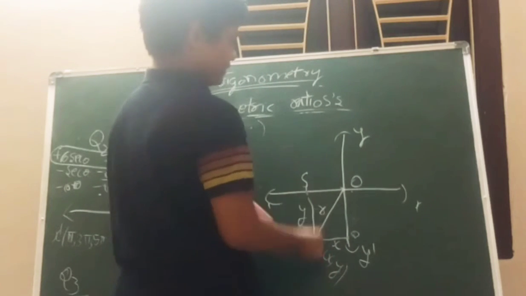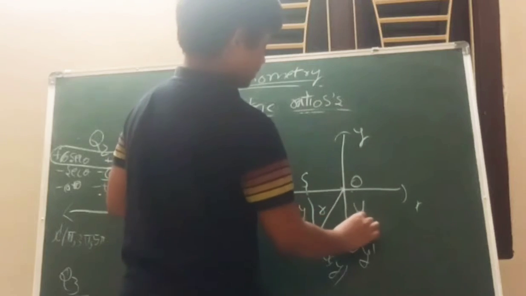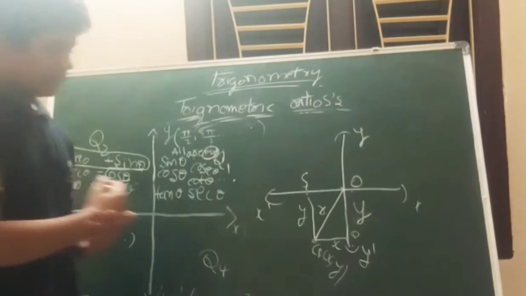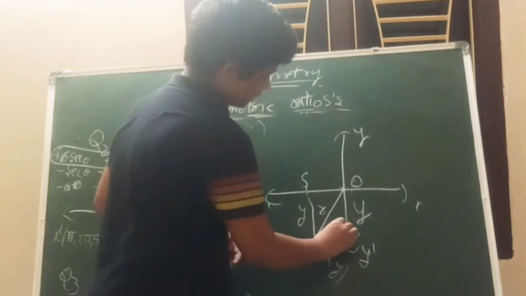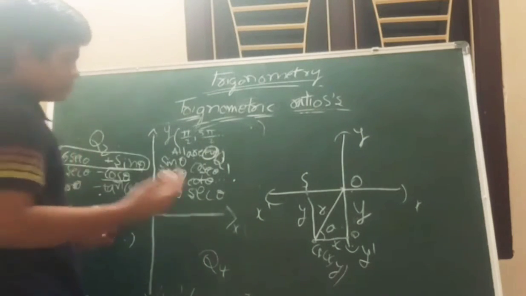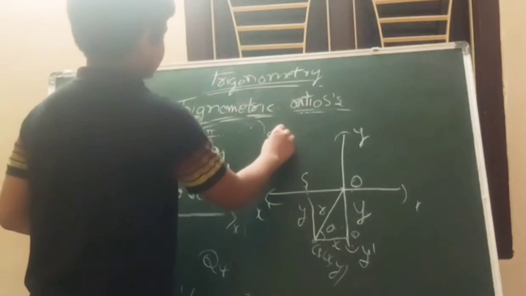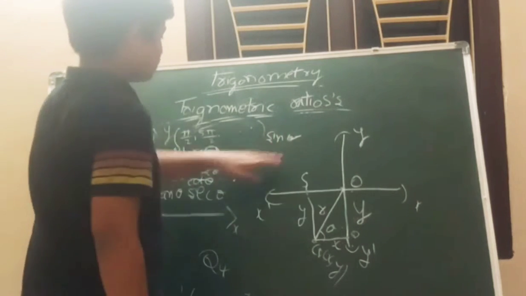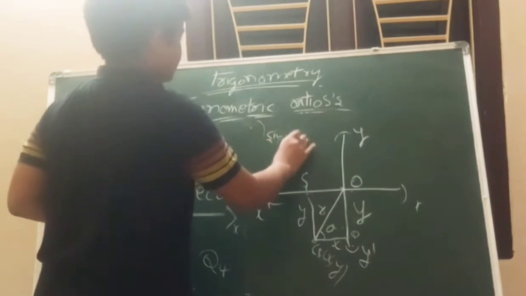Here PS is equal to OQ, so here it also becomes y, and here the angle is theta. So now let us discuss the signs of the 6 trigonometric ratios. The first one is sin theta. So before going to discuss that, let us discuss